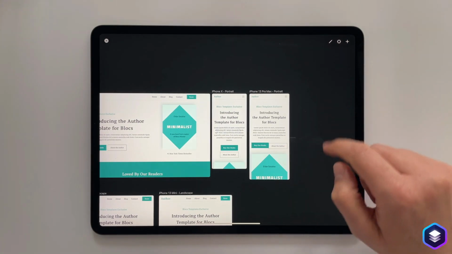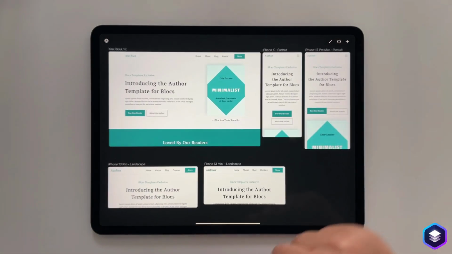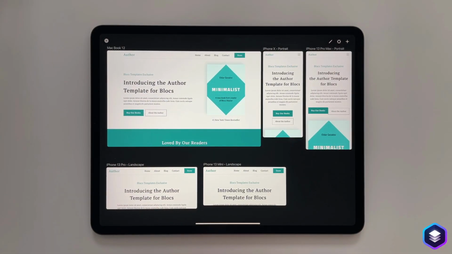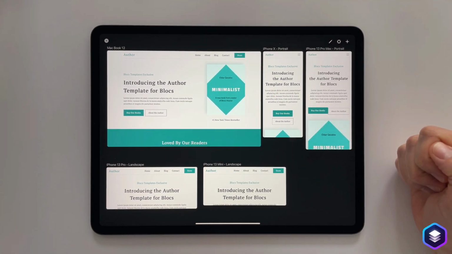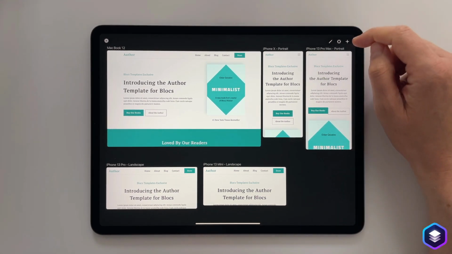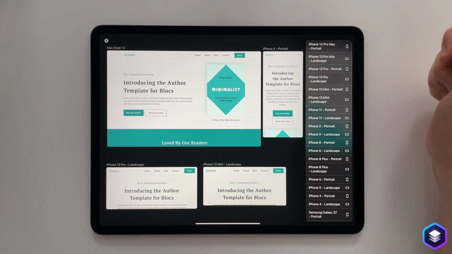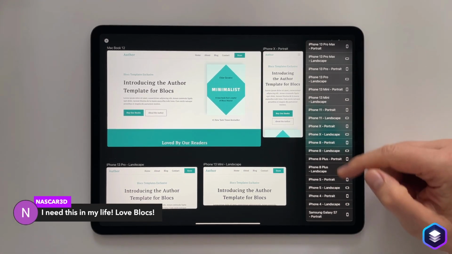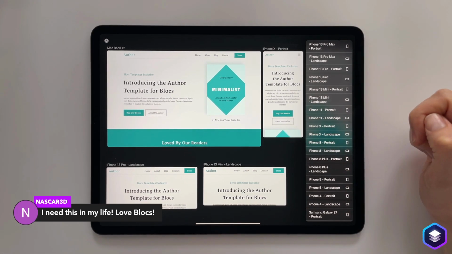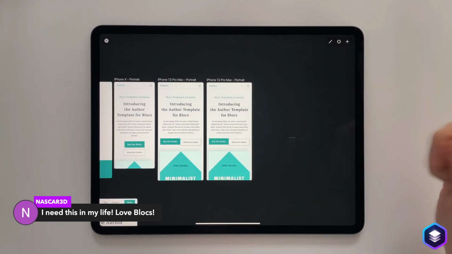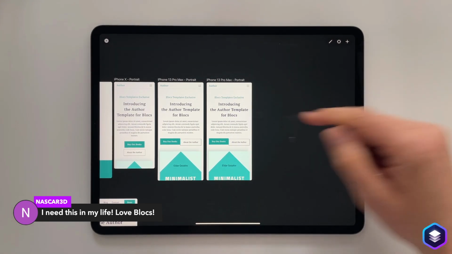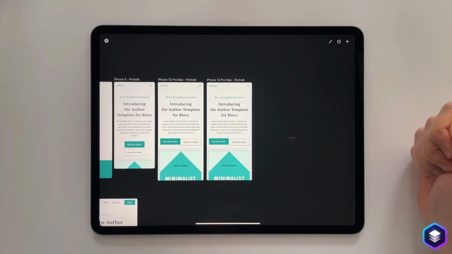If I double tap into the empty workspace, it will actually center the current workspace that we have set up here. So, adding extra views to this. If I touch this plus button up at the top, we have a list of devices that we can select from to add additional views to the preview canvas. So I'll just touch this iPhone 13 Pro Max, and we have two of those now side by side.